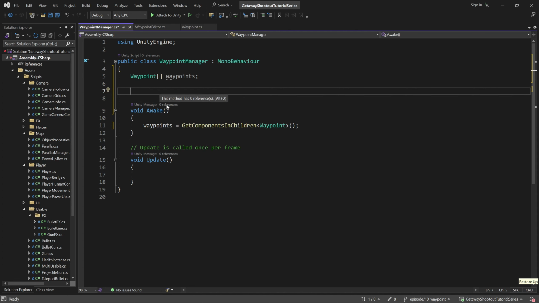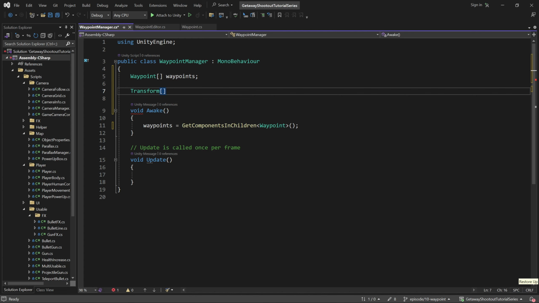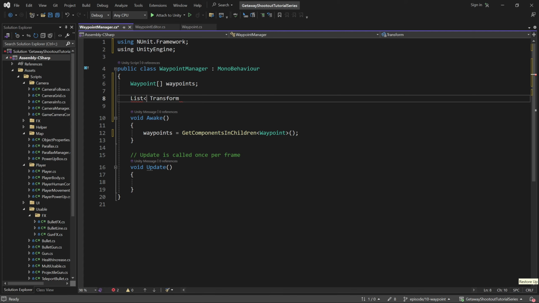So now the next thing to do is actually have players to track and to actually update their current waypoint based on the current waypoint they're at right now, and if they're in the zone of the next waypoint. So I'm going to create, we can do a transform array. I'll do actually a list of transforms. And I'll call it players. I'll call it navigators to make this general. Something like this, and then,